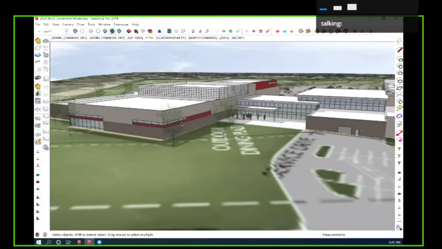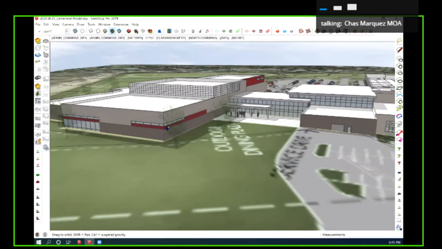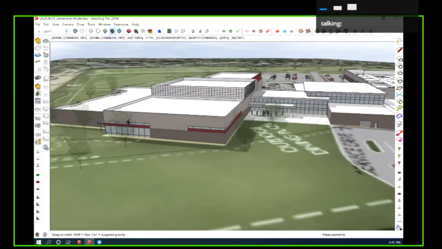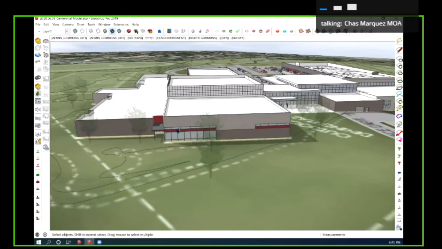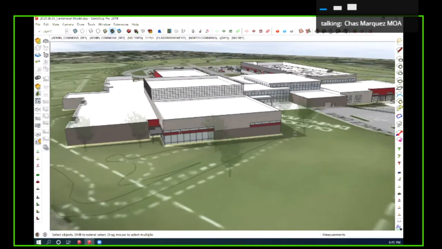So we have windows that are up high, but still allow some of that lighting in. And then as we move around towards the east side, we can really open that back up and get that high level of transparency and daylighting that the space is going to want to have. And again, you'll see as we're moving around the building, we're bringing in some of those color ideas into that space, trying to show how all that can work.